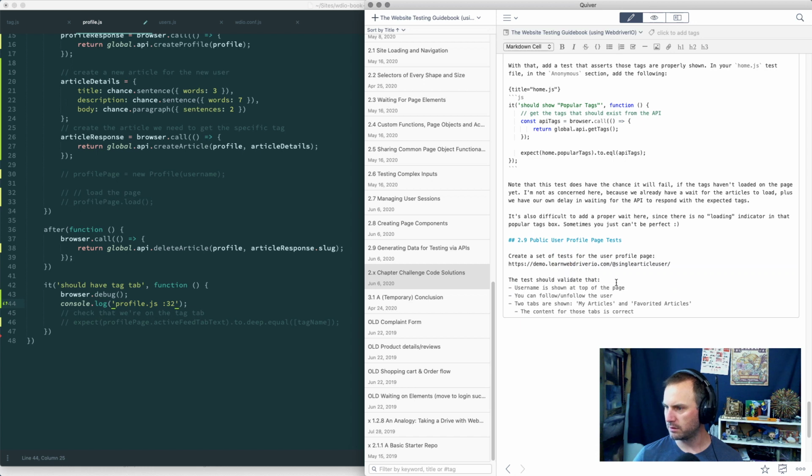As an example, the username is shown at the top of the page. You can follow and unfollow the user. That's trickier. Two tabs are shown, my articles and favorited articles. The content for those tabs is correct. Create a set of tests for the tabs. These tests should be responsible for creating a unique profile with a